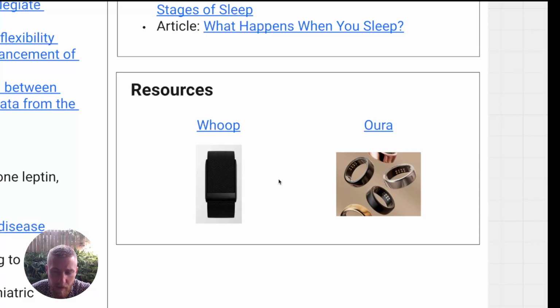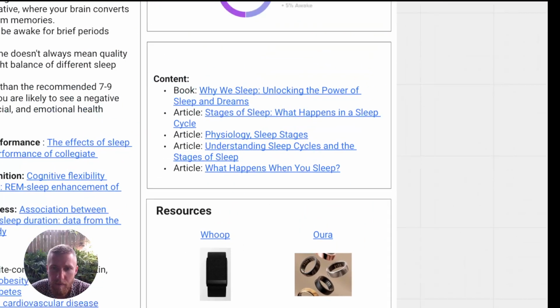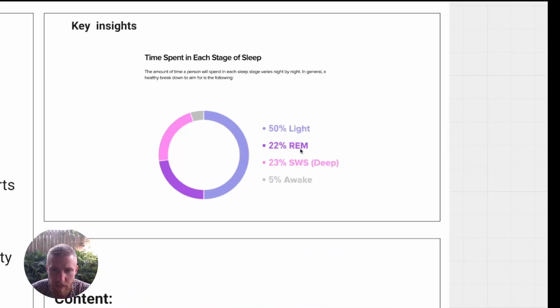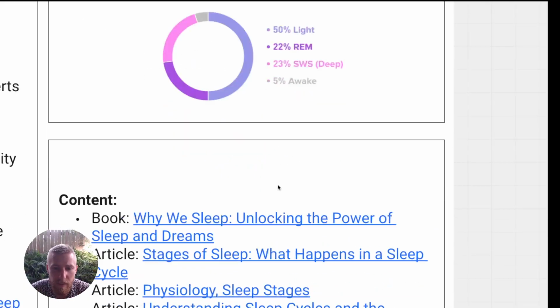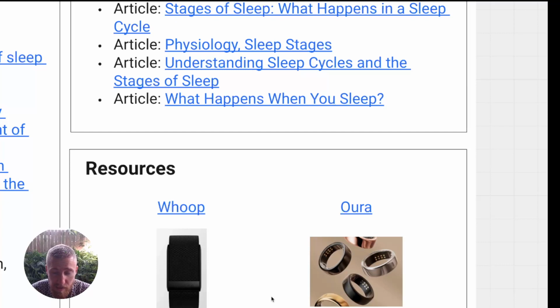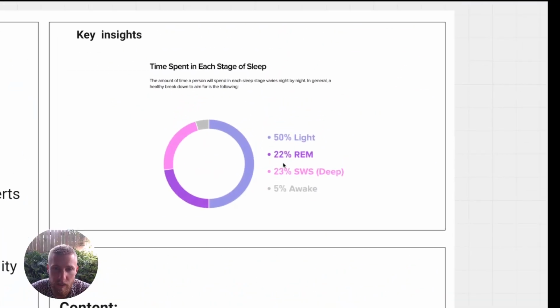Obviously, there are price concerns, and you can still leverage other devices, but for accuracy, I would say that these are probably the best. What this will do is help you to actually see how much sleep you're getting in these different stages. These devices will also measure other things on top of that. But if we're looking at just sleep, being able to baseline where you're at, how much percentage of time you're spending in light, REM, and deep is really going to help you.